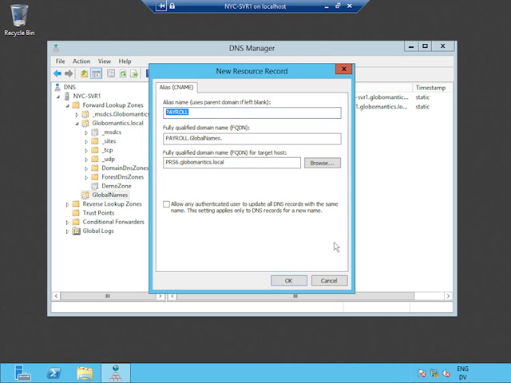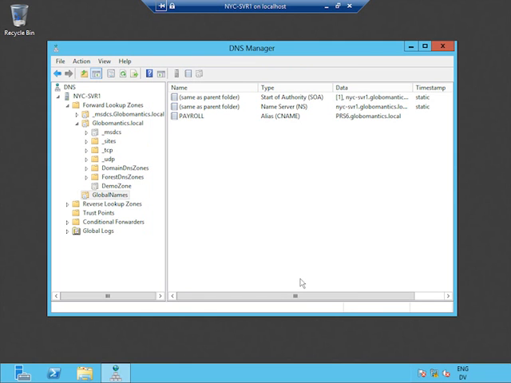So, how do I get clients to this GlobalNames zone so that they can resolve this single label name to an FQDN, turn the FQDN into an IP address, and connect to the payroll server? Well, we need to tell DNS that it's okay to do the global names thing. And that's done from the command prompt, interestingly. We're going to use a command line tool called DNSCMD. So let me pull up in my